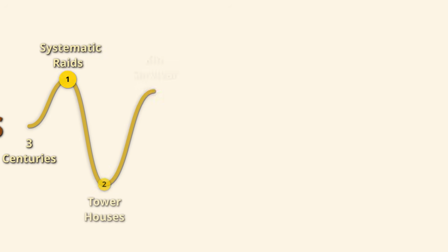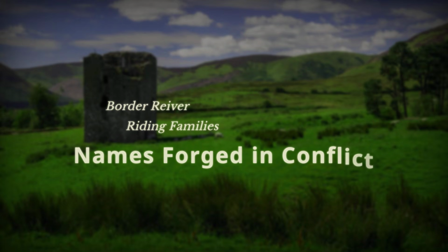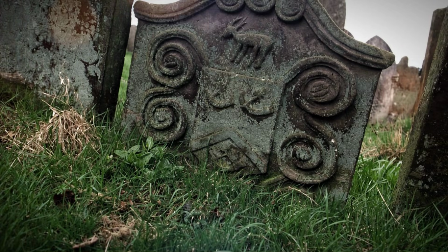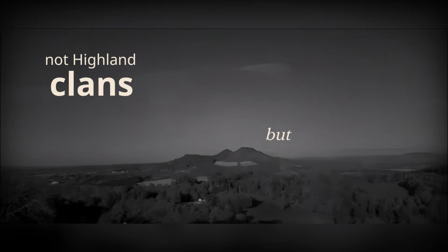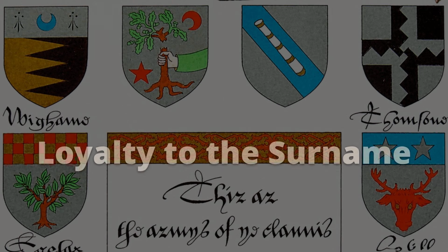The Borders produced its surnames through 3 centuries of systematic raiding. As we covered in our Border Reaver video, the families of the Anglo-Scottish border, the Armstrongs, Elliots, Maxwells, Johnstones, Scotts, Grahams, Kerrs, and Bells, created a surname culture unlike anything else in Britain. These were not clans in the Highland sense, they were riding families, kinship groups, whose loyalty was to the surname